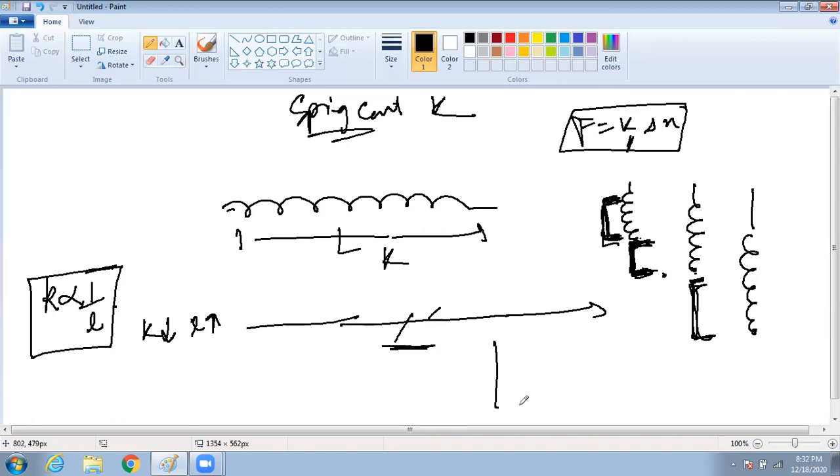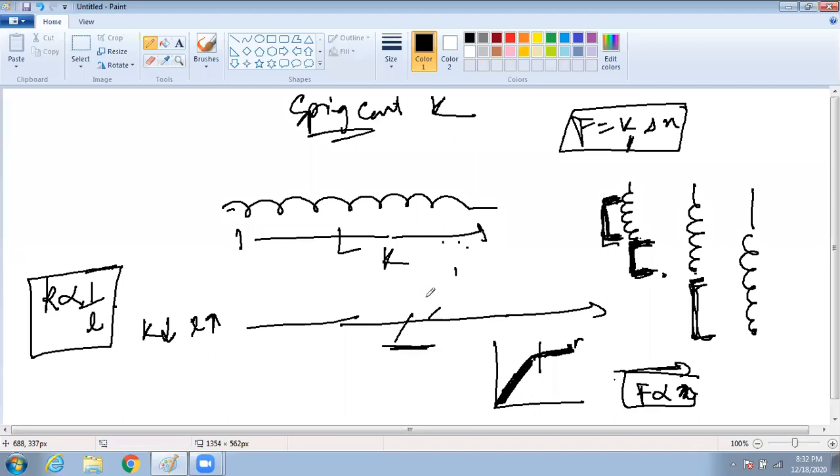That means Hooke's law has a break point. At this point it will work perfectly. But the moment you apply more force, you are coming to the non-linear region, and there it will not apply. It will not come back to the original position. That means the force will depend on the extension. Similarly, your spring will depend on the extension. But the moment you pull so much, your spring constant itself is changed. Understood?